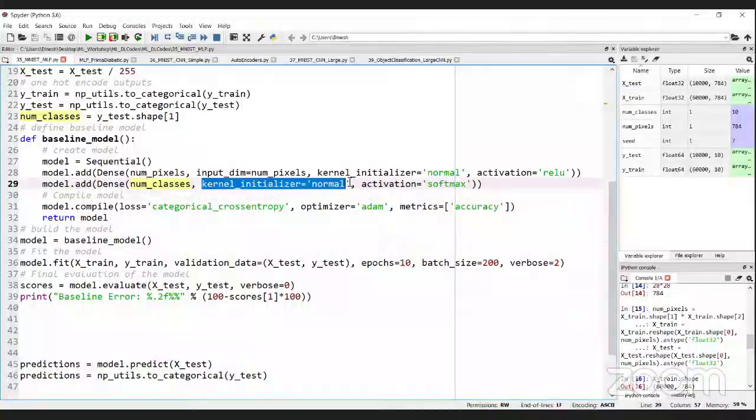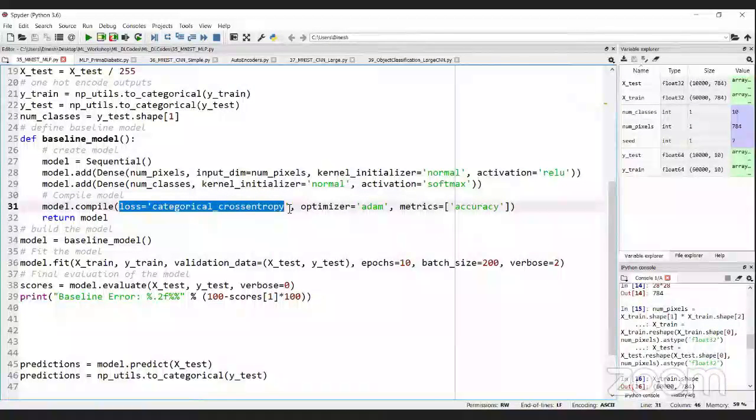Again, all the weights are initially initialized to random numbers from a normal distribution. Here I am using softmax as the activation. Why? Because I am doing classification. That's the reason I use softmax, because I want to classify the sample into the class with the maximum probability. And then I am almost done with building the network architecture. Now I am going to compile the model. model.compile.